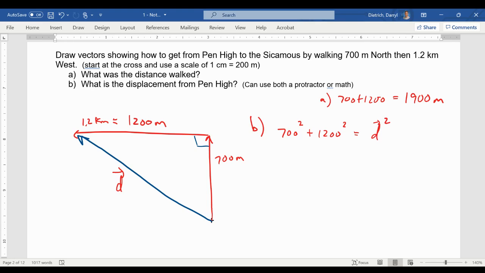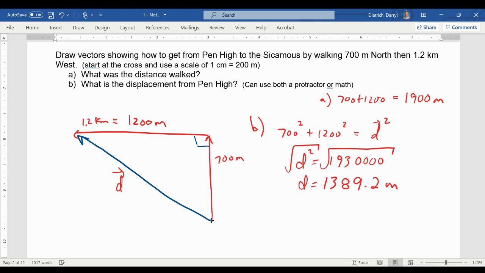If I plug and chug that, we'll find that our displacement squared is 193,000,000. Really, really big number. Then to find the magnitude, we'll have to take the square root of both sides, and we find that the length of that displacement vector will be